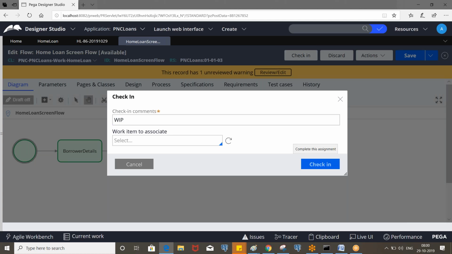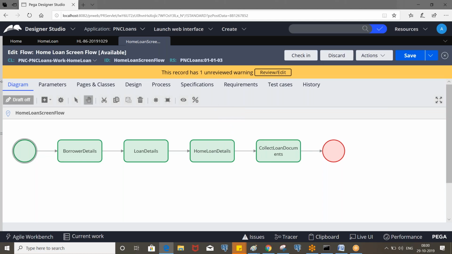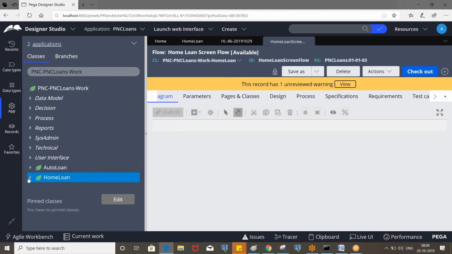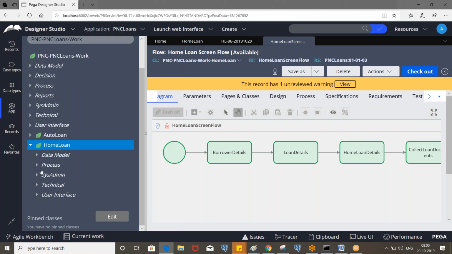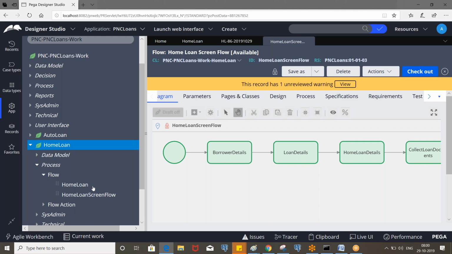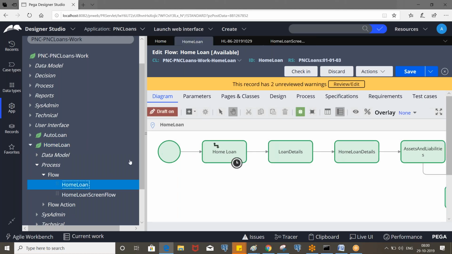in the home loan. So instead of removing, go to the process, home loan.